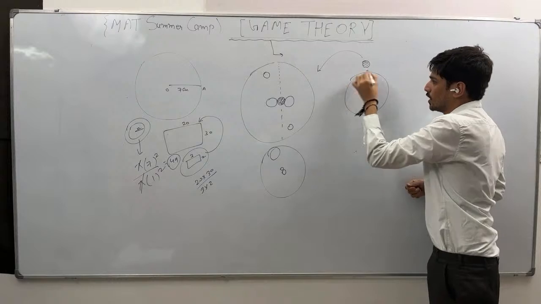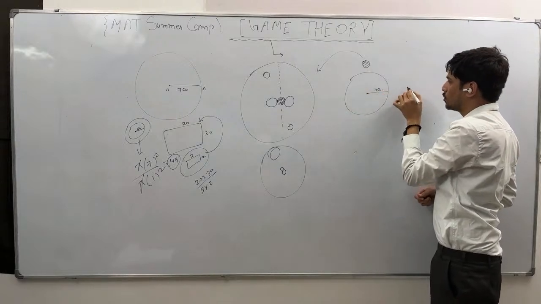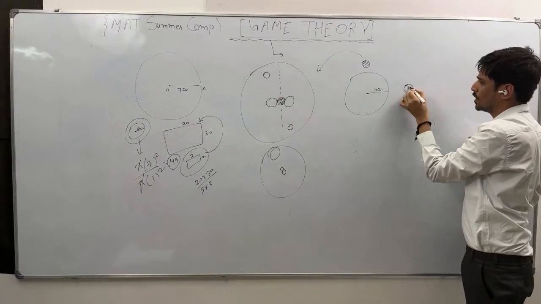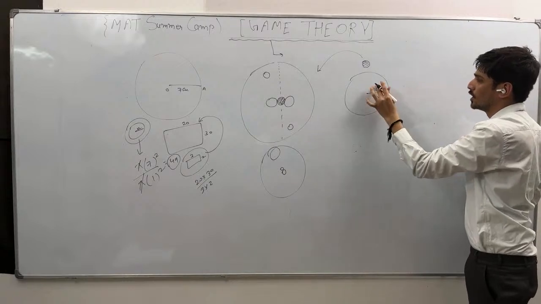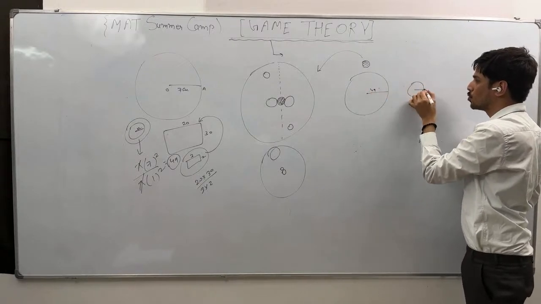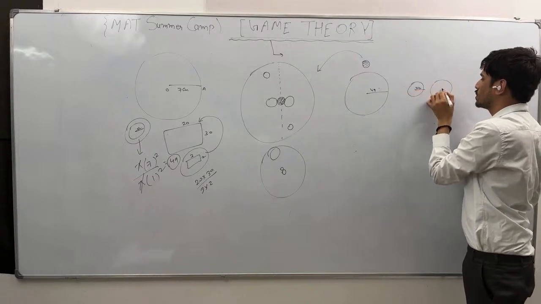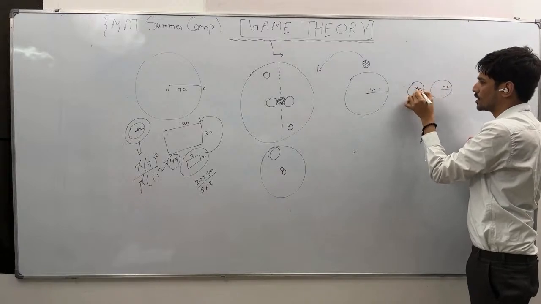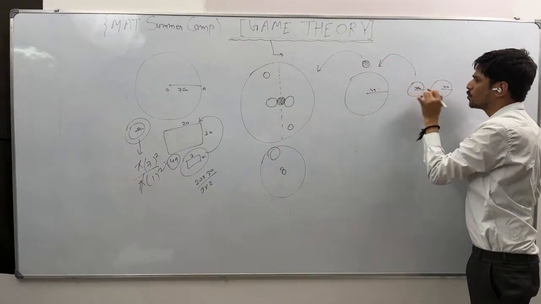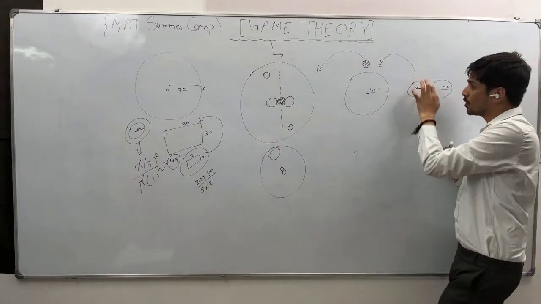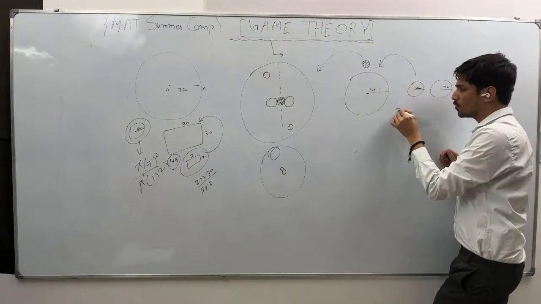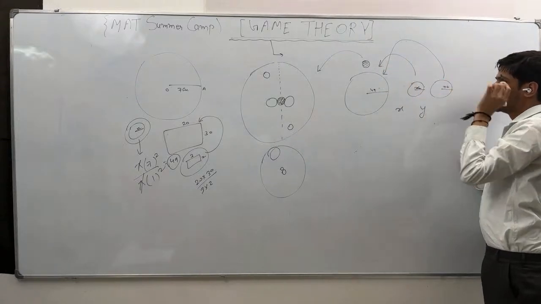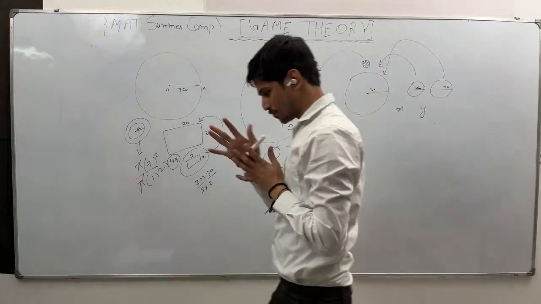Similarly, let's say there is a circle of 7 centimeter radius, or let's take a multiple of 7 only. Let's say this is 49, and there are two coins, one of 14 centimeter radius and another of 7 centimeter radius. Let's say the number of coins of 14 centimeter that I'm going to put here is X, and the number of coins with 7 centimeter radius is Y. Now tell me, what is the relation between X and Y?